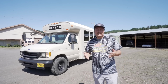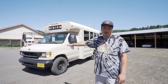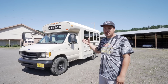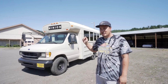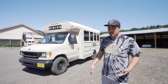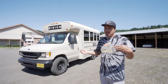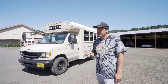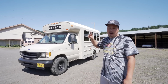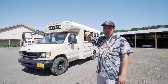One of the first things that you are going to notice, it is not school bus yellow anymore. So the body was prepped and painted. We sprayed the bus with an oil-based paint, which makes it easy to touch up if you're ever scratching it up on those old forest roads. And it is sprayed, not rolled, so you're not going to have any roller marks. It looks great. Also, the roof has been coated and resealed with a Henry's Tropical roof paint, and all of